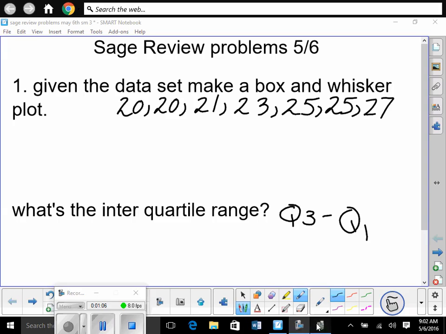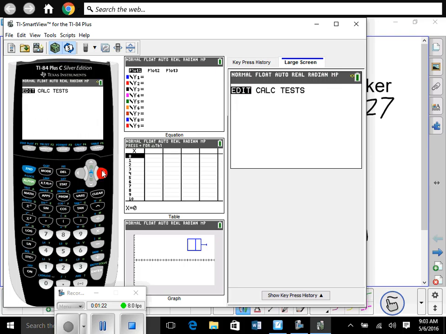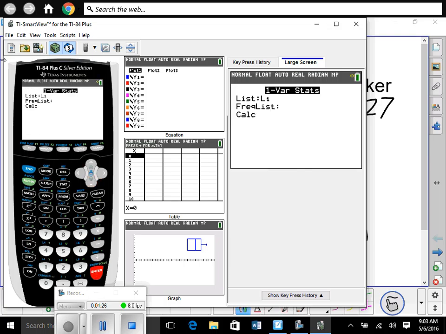So once you have those in, then you have to go to, if we want a box and whisker plot, so just one reminder, remember you can find, which we don't need for the box and whisker plot, but we're going to get to this later. I want to show you. So you can go Stat, over to Calculate, and then we can go to one variable statistics and hit Enter, and it will give us